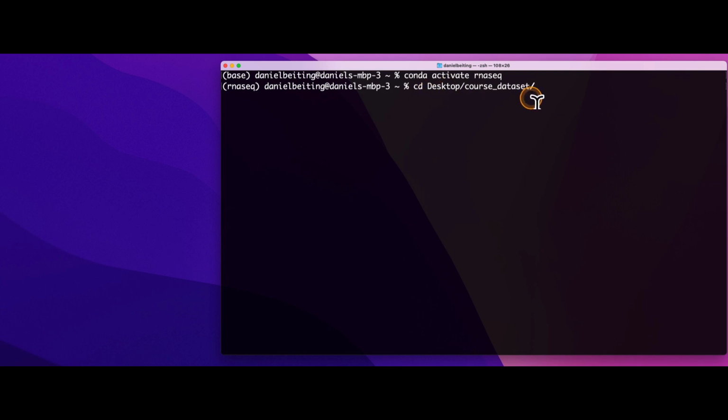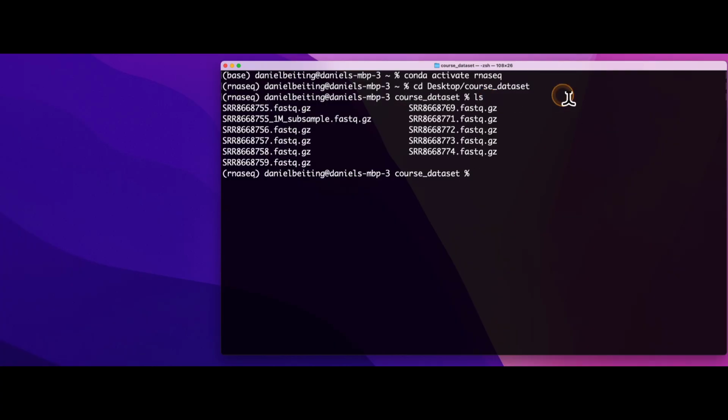Now, I was able to type those so quickly because you can actually just type the first few characters of a file name or folder and then hit tab, and your operating system will just auto-complete. So it makes it really easy. I hit enter and I can see that I successfully moved from my home directory, which is symbolized by a tilde, into the course dataset folder. Perfect. And if I hit ls for list, I'll be able to list the contents of that directory or folder,